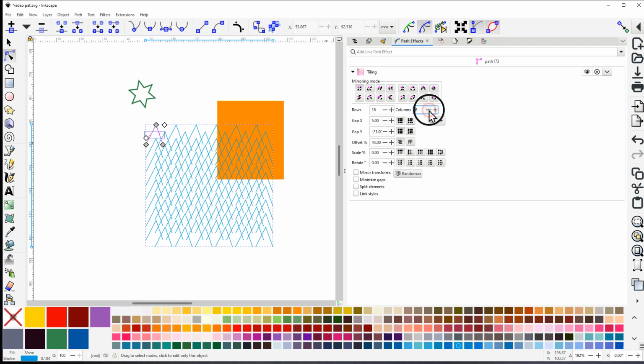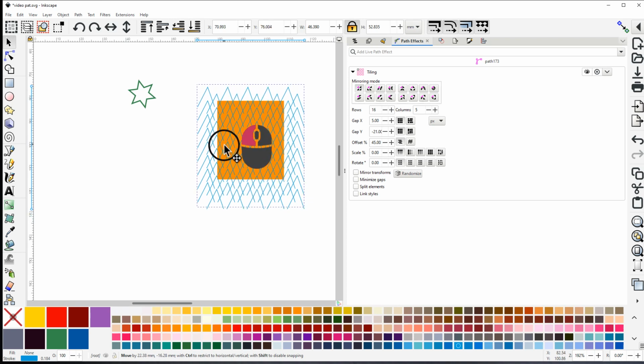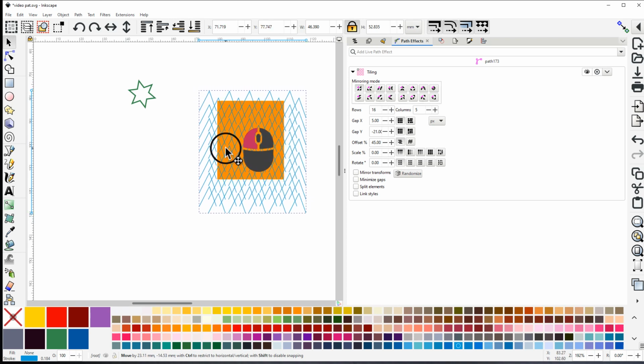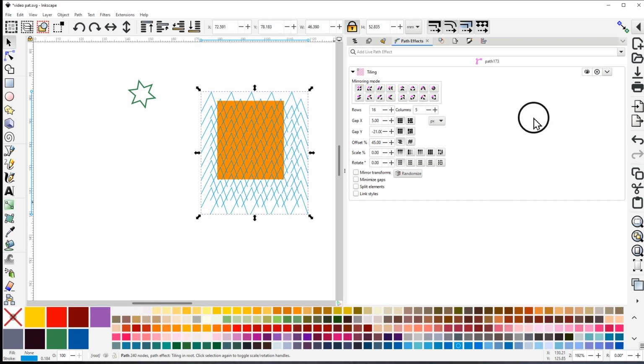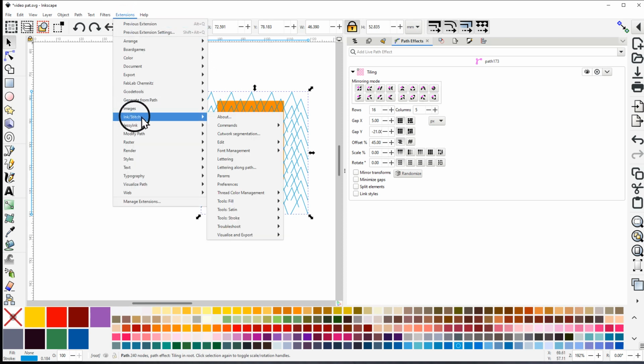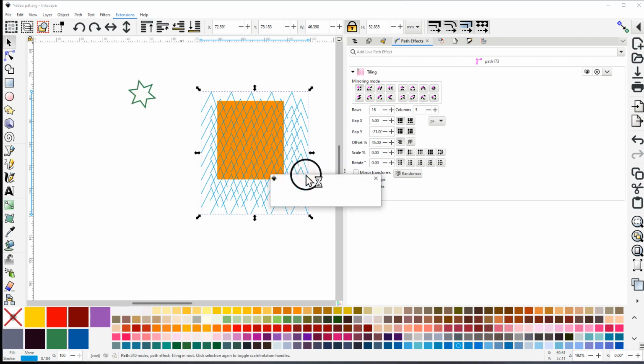I can take a few of the columns away. Now I can select it and place it over top of my design. You can use the align and distribute for that matter if you want to place it in a specific direction, if you want to have it perfectly centered. Now all that needs to be done is extension, Ink/Stitch, edit, selection to pattern,